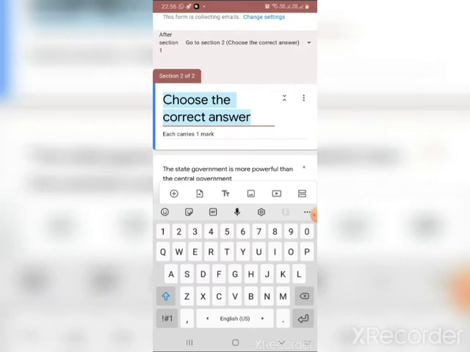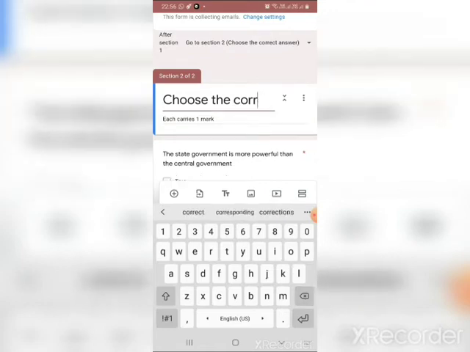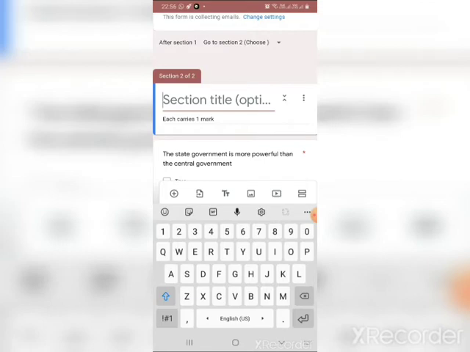Okay, and here is choose the best answer or the correct answer, which is already there in the previous question paper. If I don't want that, I can erase it, and I can give some other questions, like for example, fill in the blanks or short answer type questions, whatever you wish. Usually we'll go for multiple choice.